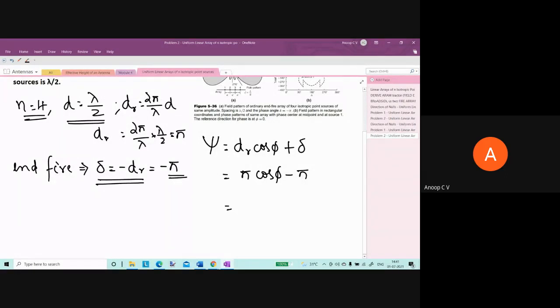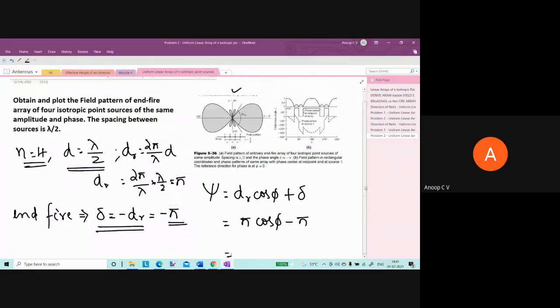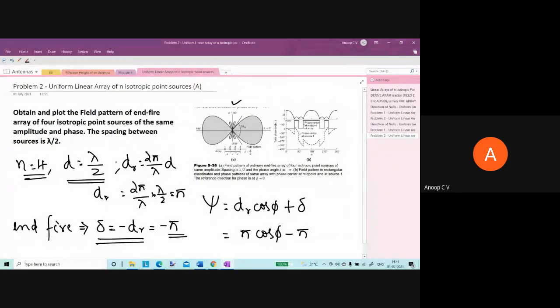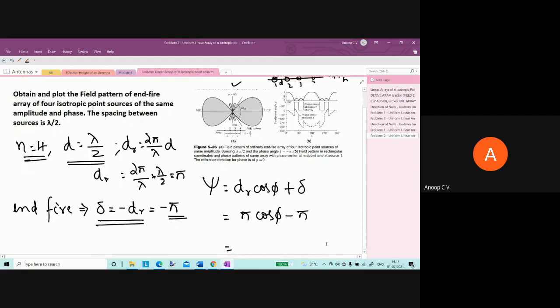And at times for exam, if it is asked for 10 marks or 12 marks, what you should do is start from the beginning. Consider 4 sources like this, 1, 2, 3, 4, separation is d, and path difference between them will be d cos phi. You derive E from the start, then you find En as 1 by n. So you derive all those things, then you continue, if it is asked for more marks. But we have already done the general derivation of finding normalized field pattern. I am not doing that.